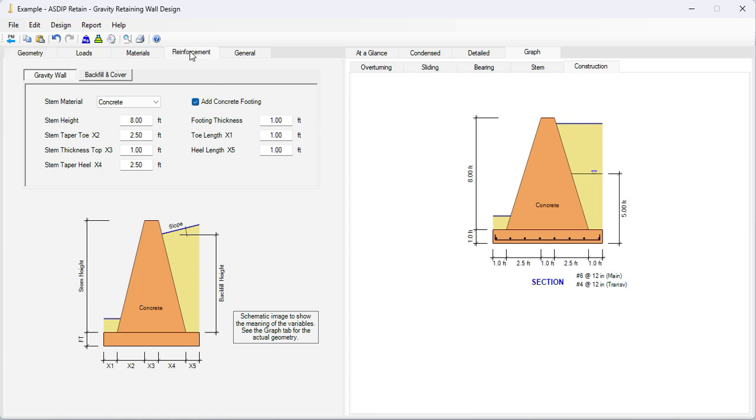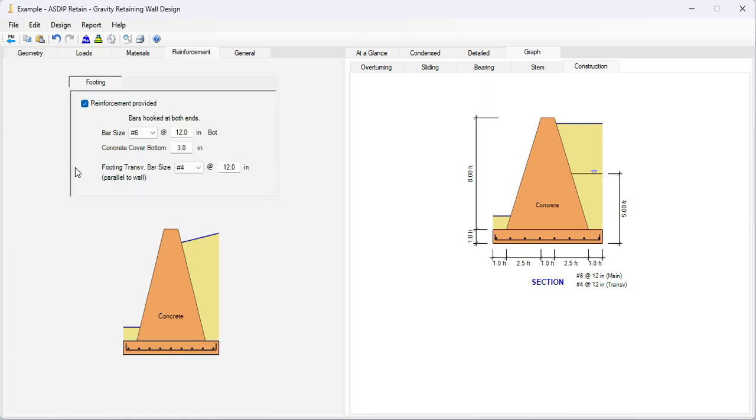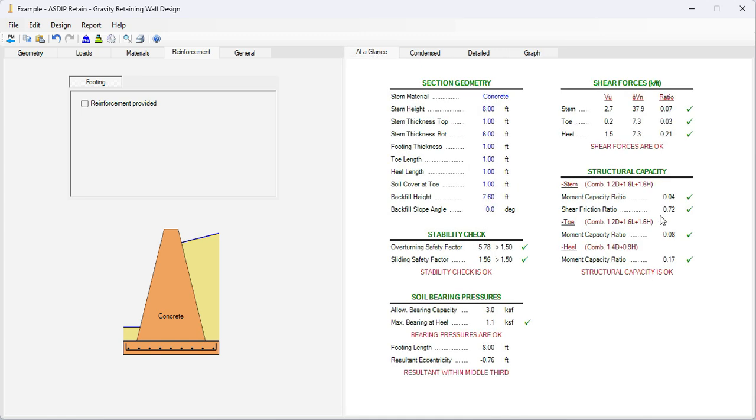We can specify that it's not reinforced, that is just plain concrete. Let's go to the reinforcement tab. We can uncheck this checkbox, reinforcement provided. We uncheck it, and now it's unreinforced, just plain concrete. So all these checks for the rebars are not shown, are not applicable anymore, and everything is passing in this